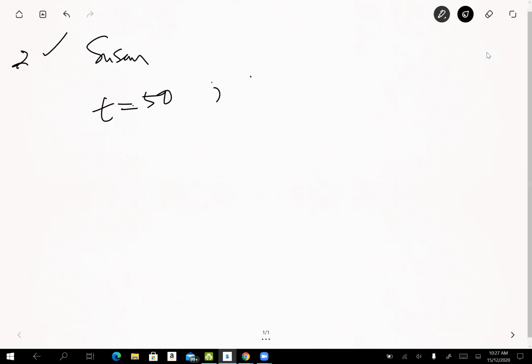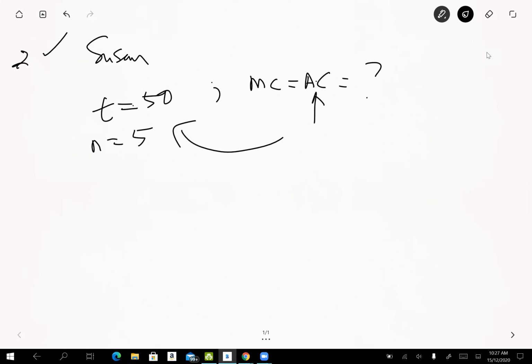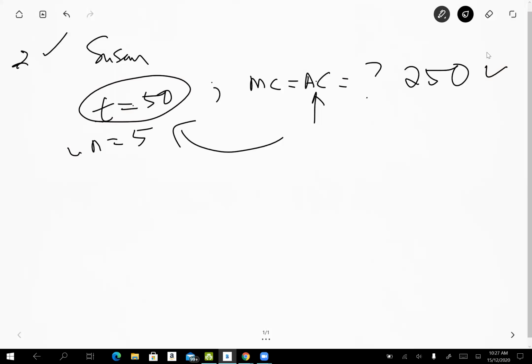So now, what is the marginal cost, which is also equal to the average cost? There are 5 people here. So what is the marginal cost or the average cost? We go by the average cost. You can get it from here, and then from the average cost, we say it is equal to marginal cost. All right, what is the average cost? 250. Okay. You know the average cost, you know the number of people, you get the tax share. Now I know the tax share, I know how many people, so you can get this.